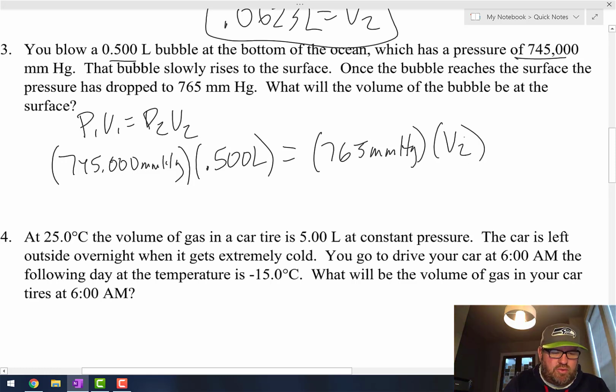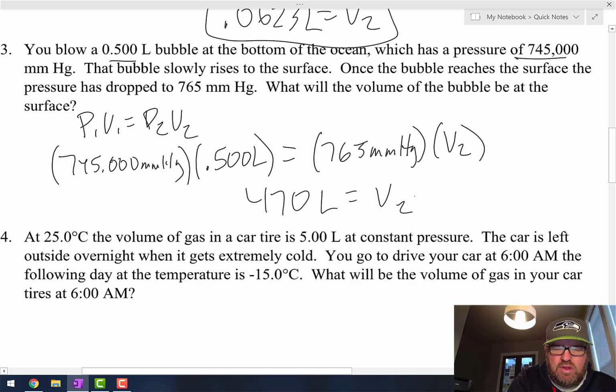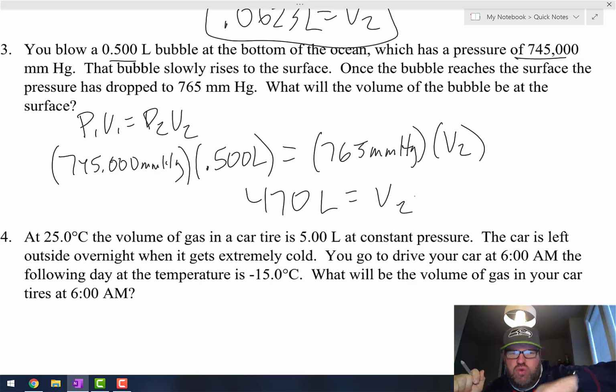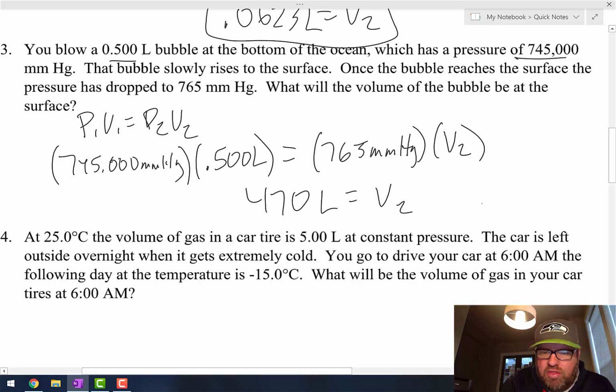So 745,000 times 0.5 divided by 765 equals roughly 470 liters. And you think about a 2-liter bottle, right? Times that by 235. Take 235 2-liter bottles. That's how big that air bubble would become. Now think about